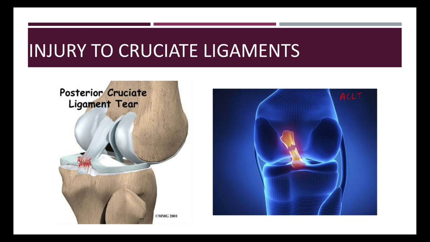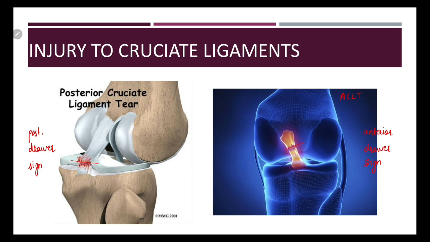Normally the anterior cruciate ligament is damaged more than the posterior cruciate ligament. The anterior cruciate ligament is injured in anterior dislocation of tibia, whereas the posterior ligament is injured in posterior dislocation of tibia. Tear of the cruciate ligaments leads to abnormal anteroposterior mobility. If the anterior cruciate ligament is torn, the tibia is pulled excessively forward on the femur, and that is anterior drawer sign. And if the posterior cruciate ligament is torn, the tibia is pulled excessively backwards, that is posterior drawer sign.